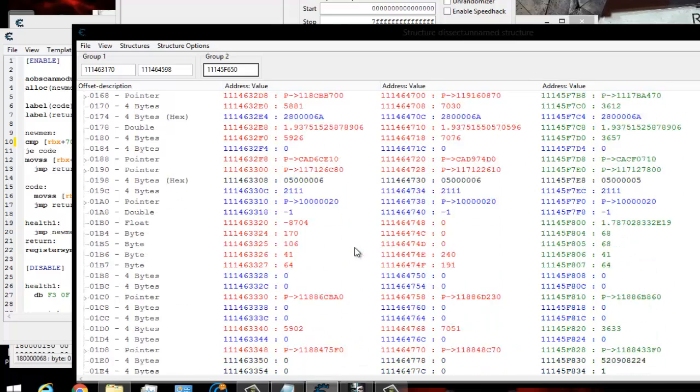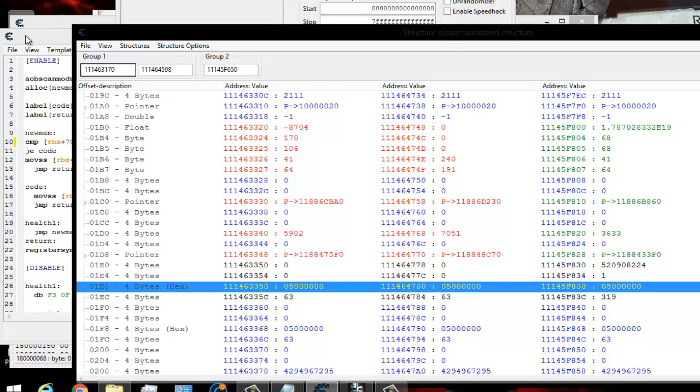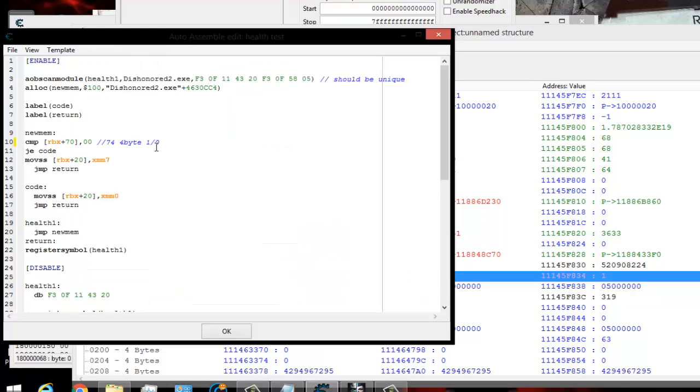Or it may have changed, so it may not have been a good offset. Oh, here it is, right here. 1E4. Zeros and ones, always a good thing to try. So we know that that is at 1E4, excuse me. 1E4. So all we really have to do, since it's 1 and 0, is